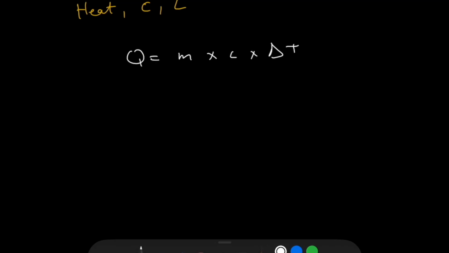Alright, let's start with heat, specific heat and latent heat. So Q equals mc delta T. Q is heat, the unit is joules, m is mass, C is specific heat